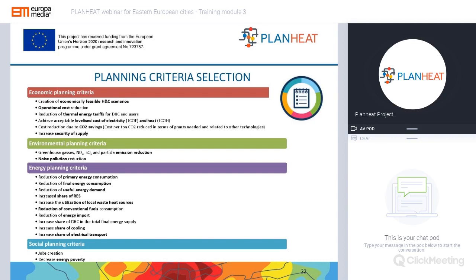The second step is the scenario development, where the user constructs a future scenario either by using a key performance indicator panel, or by providing a more detailed input. So here, the different criteria for economic, environmental, energy planning, and social planning can be seen. Actually, the users can select from these criteria.